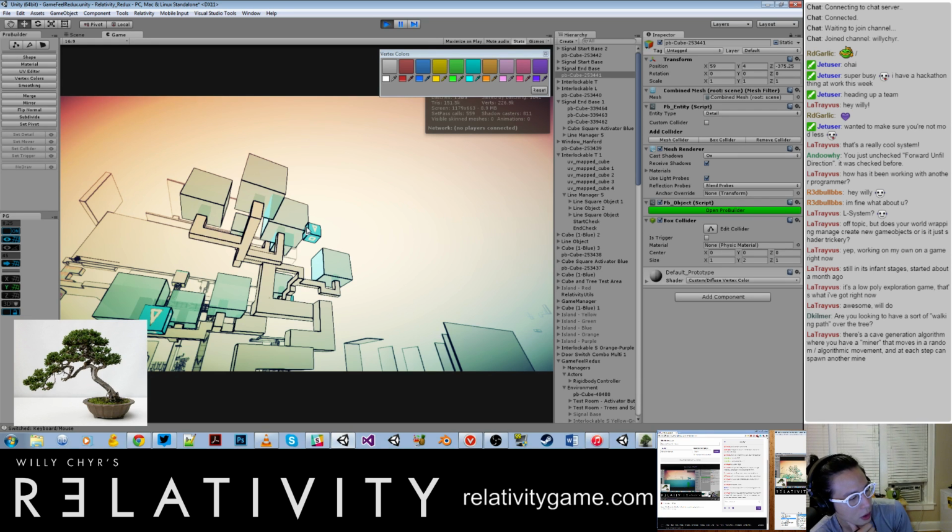There's a cave generation algorithm where you have a miner that moves in a random algorithmic movement, and at each step can spawn another miner. Yeah, okay, well,